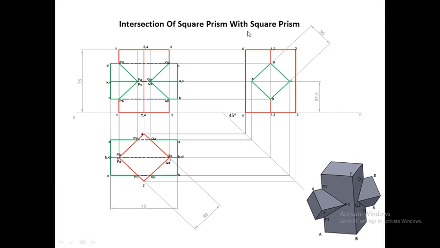So finally we have completed the numerical. So this is the position of the solids, that is, we have drawn the front view, top view and side view of both the vertical square prism and the horizontal square prism. Also we have drawn the lines of intersection, that is, these are the lines where the two surfaces of both the solids meet each other. That is, these lines are nothing but this line P1 to P2, P2 to P3, Q1 to Q2 and Q2 to Q3. These lines are shown here in the front view from here to here and from here to here.